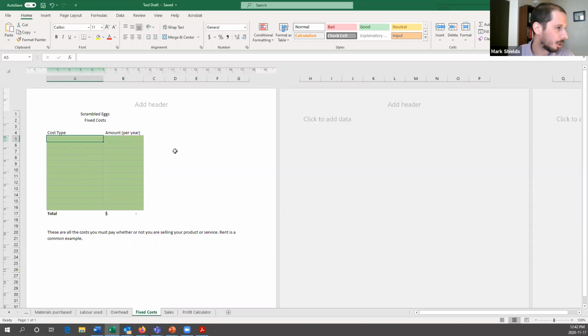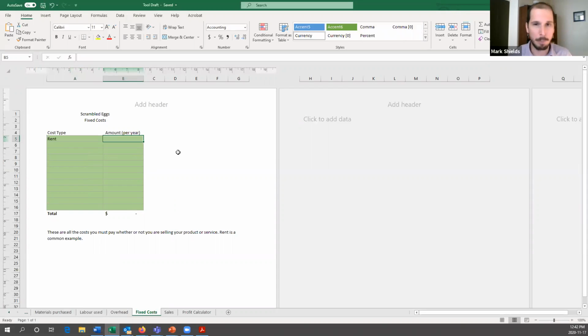Our restaurant here has some fixed costs for sure. They've got rent, which is $1,000. We're going to do this on a per year basis. You can do this per month if you want, you just want to be entering all these data points with a month in mind rather than a year. So we'll do it for the year. If they're paying $1,500 for rent per month, there's 12 months in the year, so $18,000 for